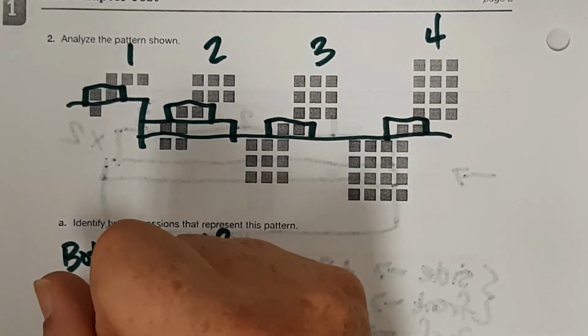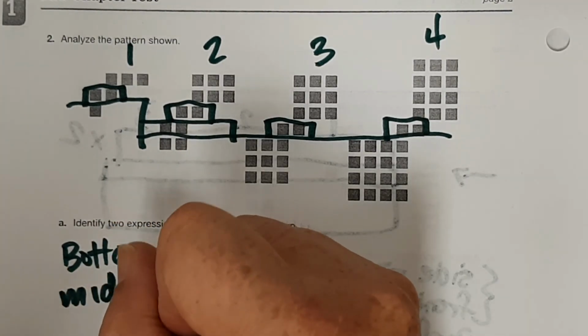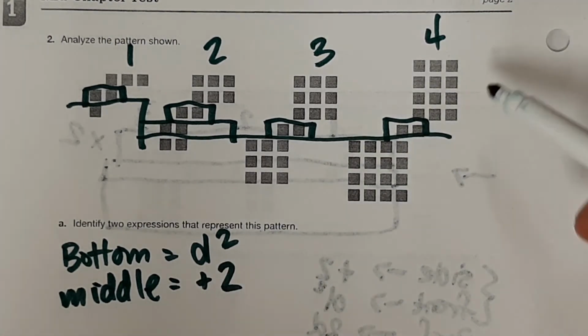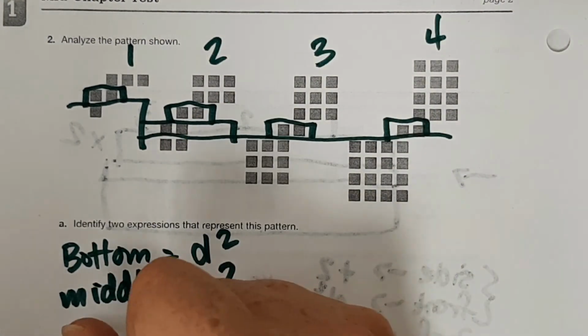And so the middle I can write as just a +2. I'm going to add 2 every time. It doesn't change, so I'm going to keep it the same. And then the top